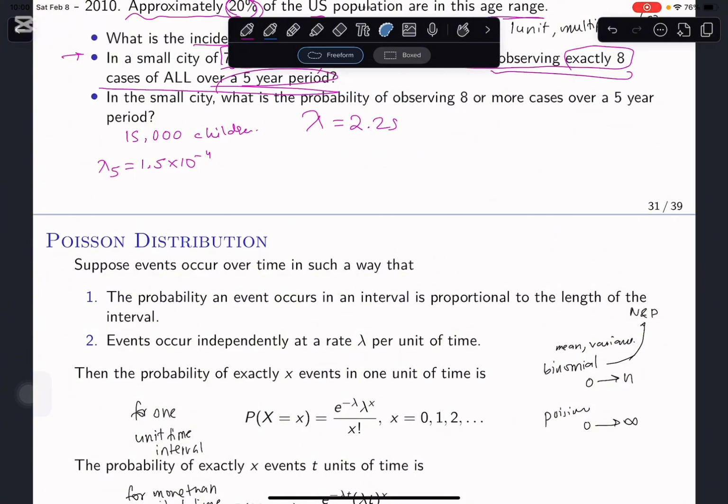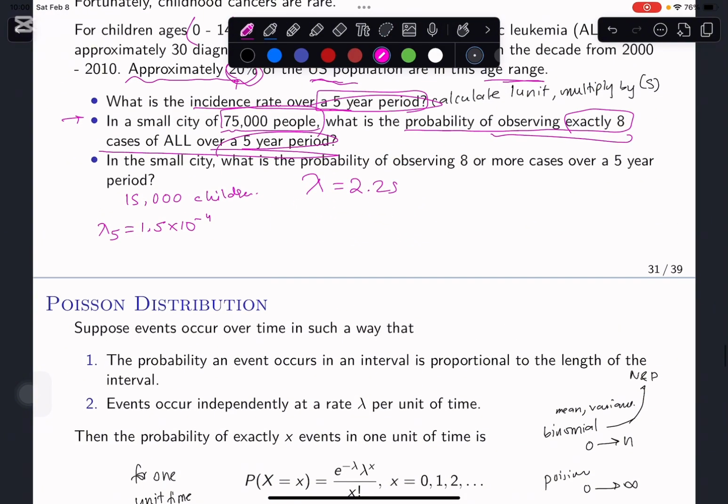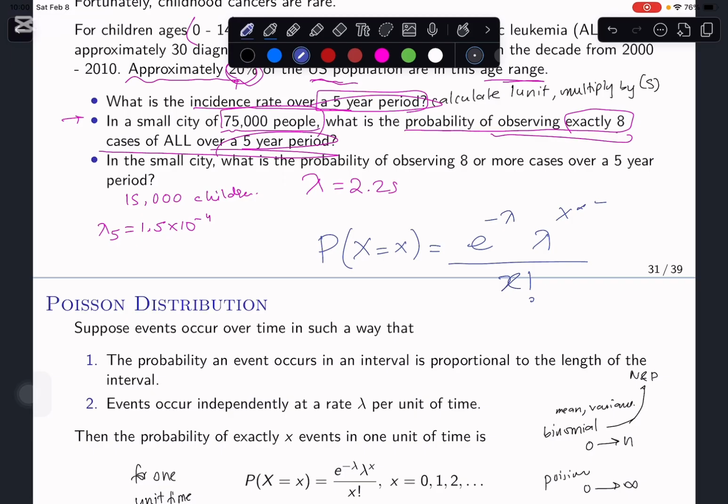What you're gonna do now is use this equation: P of x at whatever x they gave us, which is equal to e to the power of negative lambda times lambda to the power of x over x factorial. Do we have x? Yes, it's 8. Do we have lambda? Yes, it's 2.25. Directly just plug in. P of x at 8 equals e to the minus 2.25 times 2.25 to the power of 8 over 8 factorial, which equals